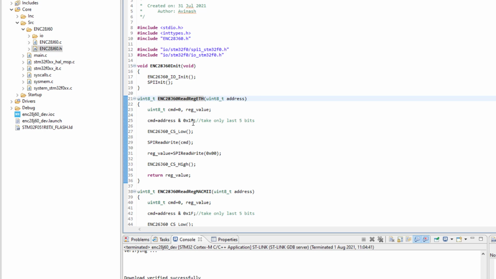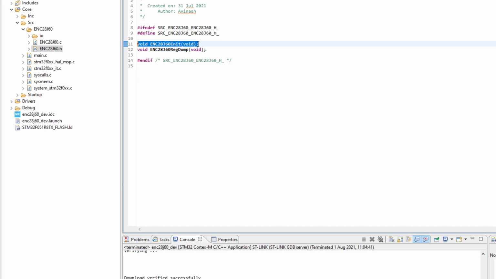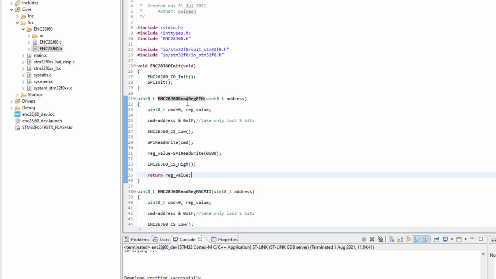Yesterday we created two functions to read the ETH register, and the MAC and MII register. We are not going to export these two functions in the header file because the external applications will not be using these low level functions to read or write the register. They will give high level commands, and our driver will use the read and write register functions to do all the manipulation in the registers.